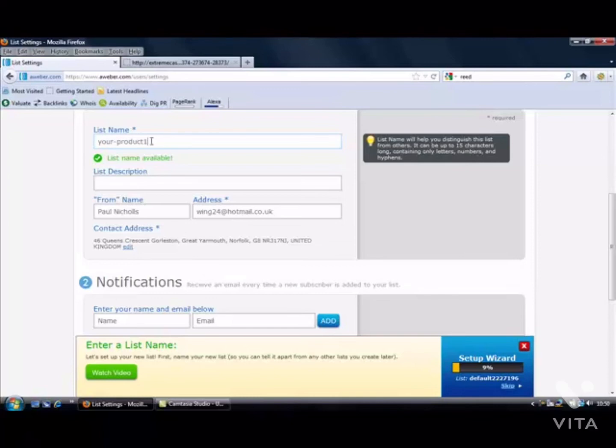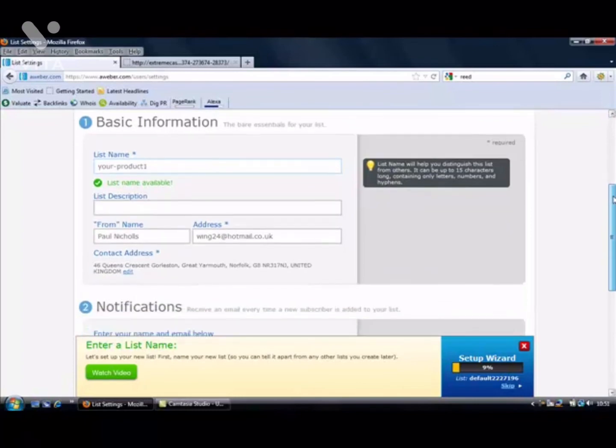So usually number 1, most of the time this is, obviously if it's available, then number 1 will usually be the prospects, and number 2 will be the buyers, and then 3 will be maybe the upsell, 4 will be another product, obviously a buyer's list. But usually if it's got no number at all, or if it's got a number 1, then I usually keep those for prospects. This is how I organise my list, and it's quite a simple, easy way to do it. So we're going to save this as your product number 1,